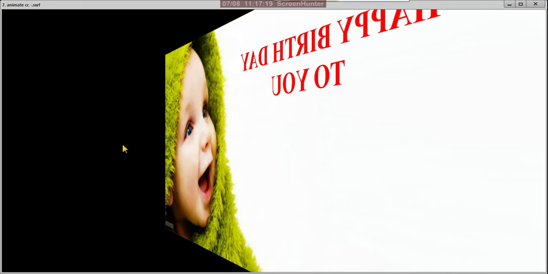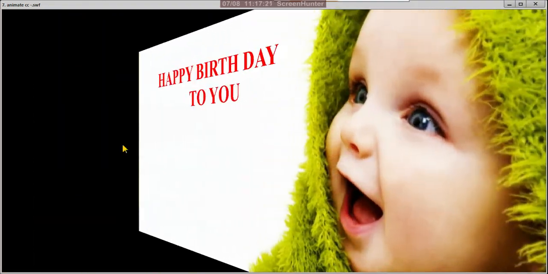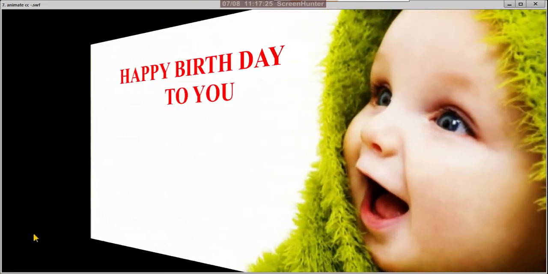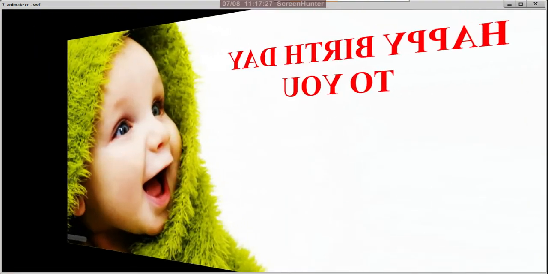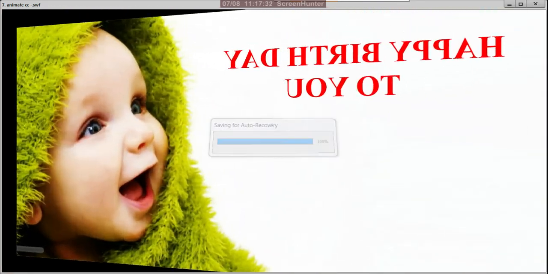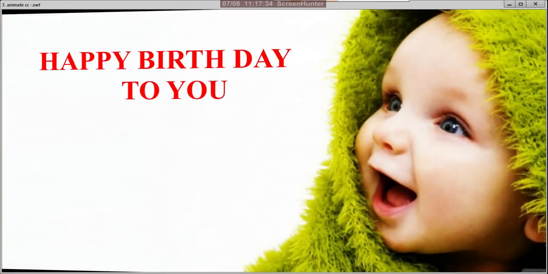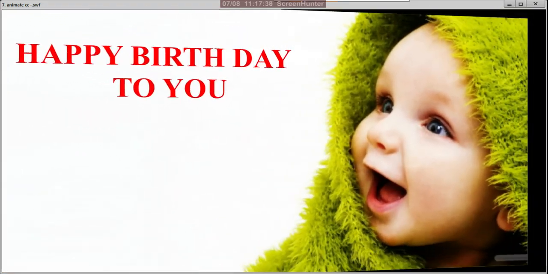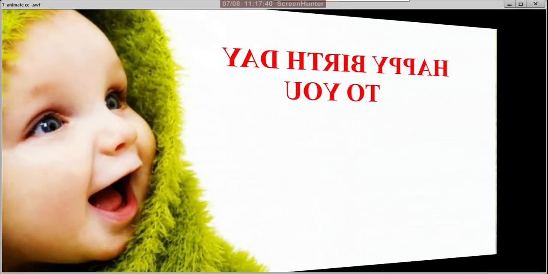See, the kid is coming at your face, coming to your face and going forward, and he is moving outside the camera and coming in front of the camera. So this is the 3D rotation tool, nicely operating here.